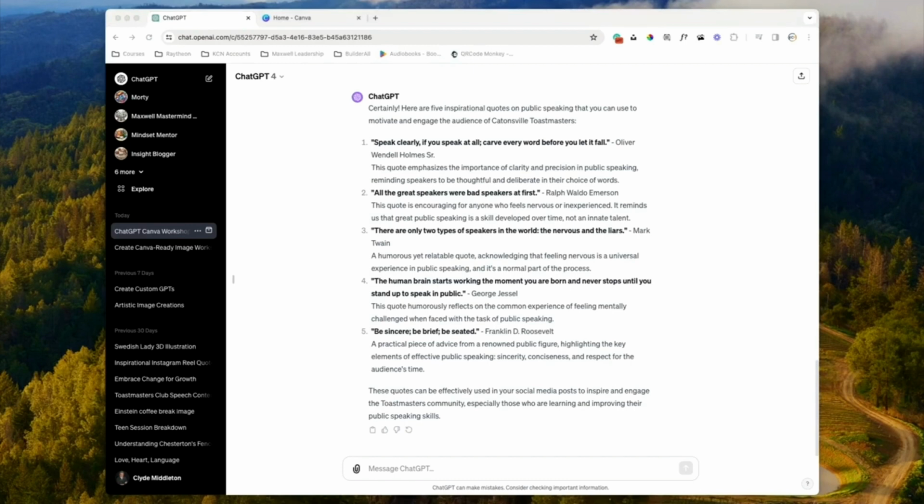So I'm going to ask GPT now to generate a CSV file with 3 columns. These columns will be quote, author, and club name. Let's just enter that information in. I copied it from my clipboard.